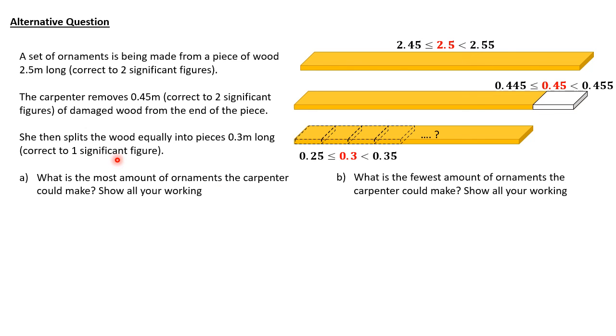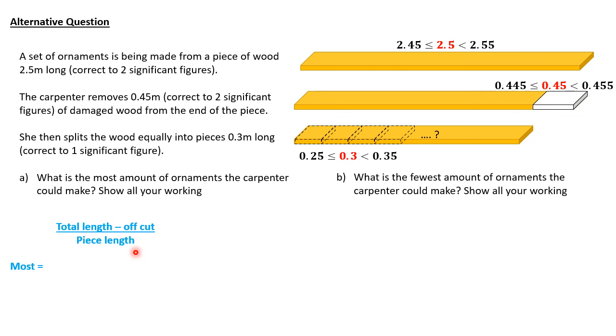We know that could be somewhere between 0.25 and 0.35. So it's important we've got these upper and lower bounds for each measurement that we're going to use. So what the carpenter is doing there: starting with the total length, they're taking away the cutoff, and then they're dividing by the piece length, 0.3 if you like,